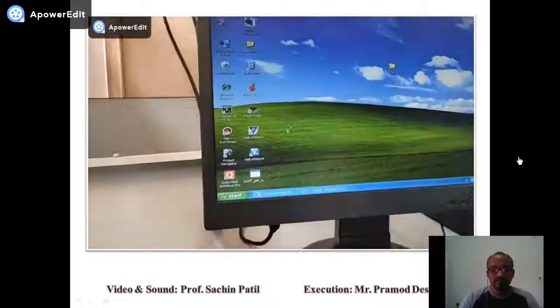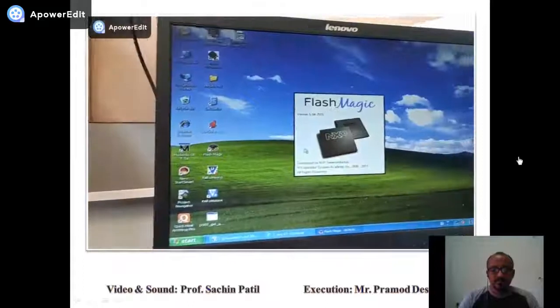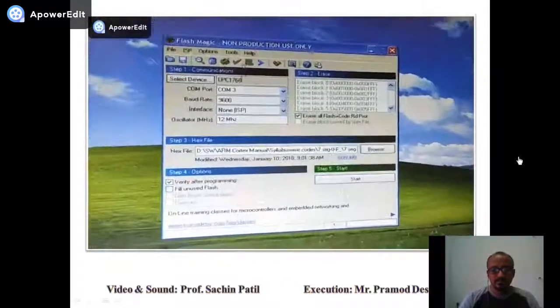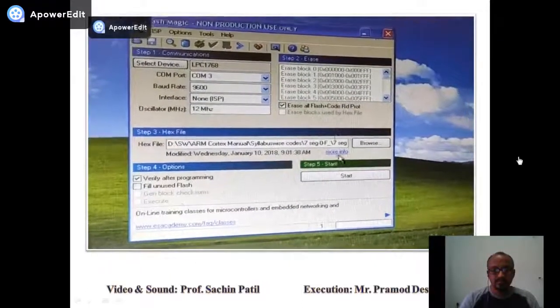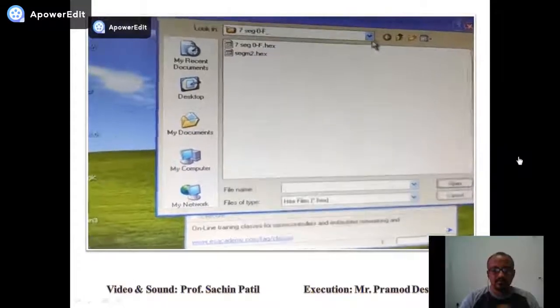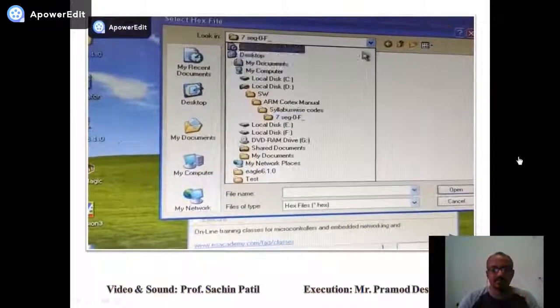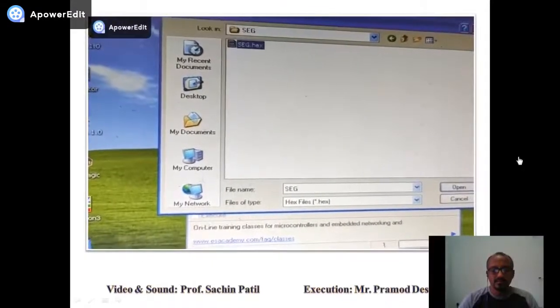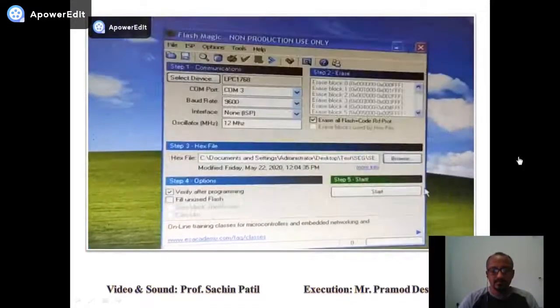Now we have to open Flash Magic. Once you open Flash Magic, you have to set all these options as per the screen. Then we select the test folder, where in the seg folder we have the hex file which is created.